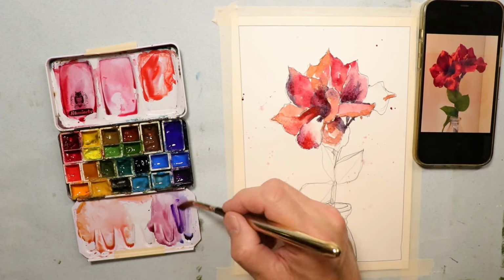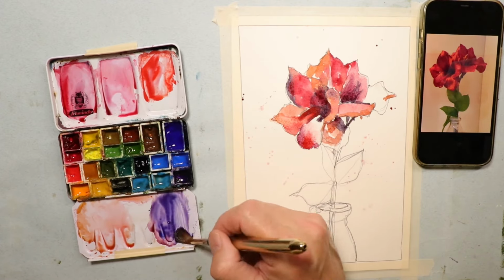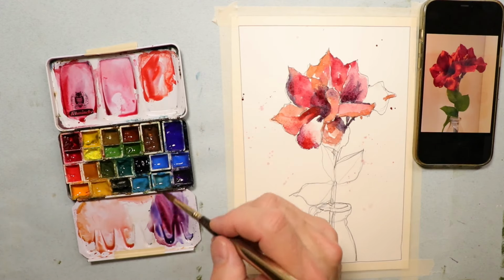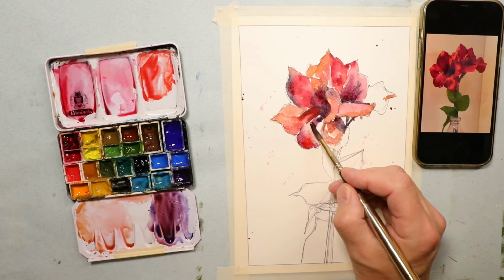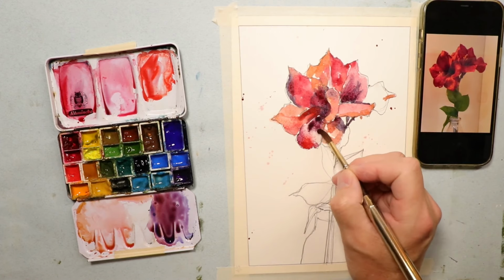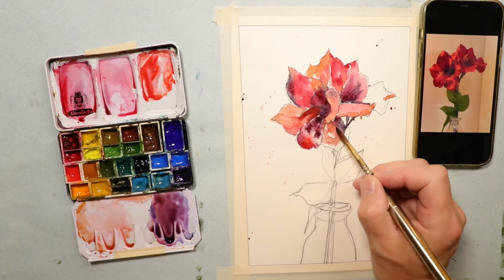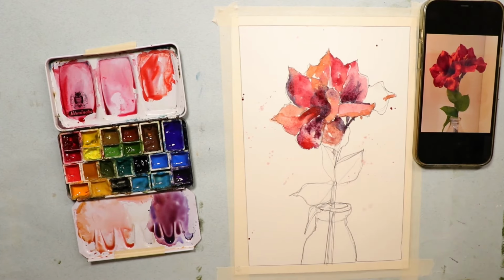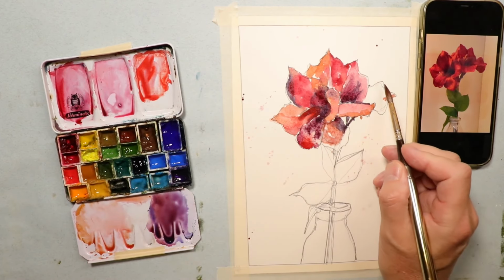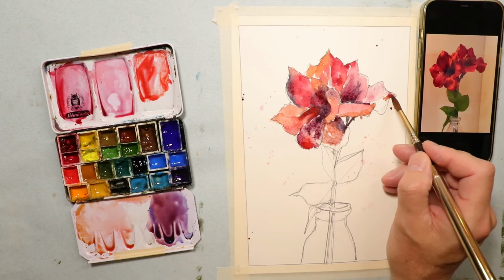And then some darker French ultramarine blue and some ultramarine violet, with maybe a little bit of red in there too. Maybe a little bit of brown, burnt umber, just to gray it down a little bit. It can't hurt to gray down a few spots here and there with some burnt umber for your flower petals. But the main thing is have fun with this. You can do many of these. You can come up with different variations of your flower shapes and